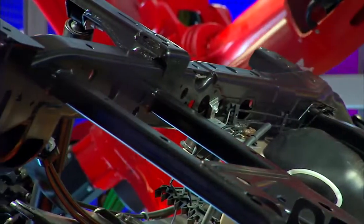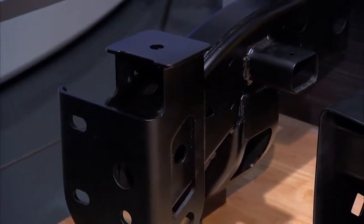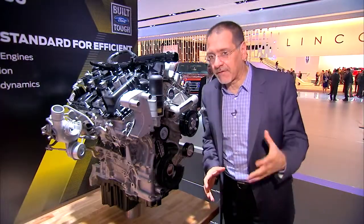The other third or so comes out of high-strength steel being used in the ladder frame, which is tougher, lighter, but less sort of bulky as the steel goes. But there's still steel underneath this guy. And when you take 700 pounds out of your vehicle, you get to do some interesting things with how you